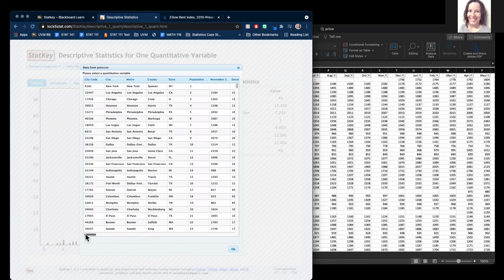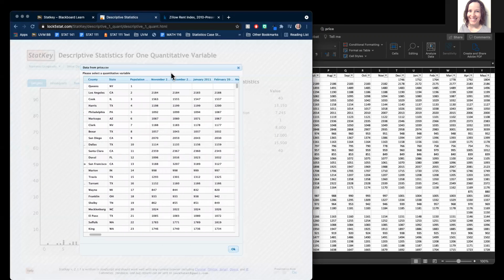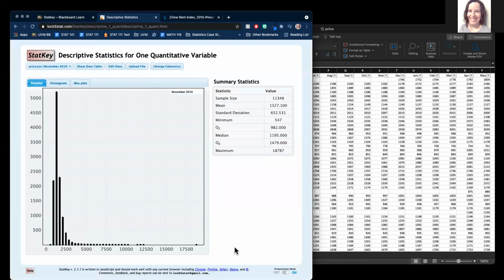What this is going to prompt you for is to select one quantitative variable or one numeric variable. So I couldn't select, like, city, for example. That's not a number variable. But let's say I wanted to know the distribution or some things about the rental prices in November 2010. So I'm going to select that column. And this is going to allow me to go through and look at different characteristics of the distribution of these rents in November 2010. Okay, so if I press OK,